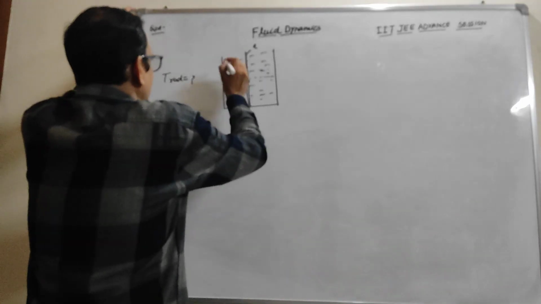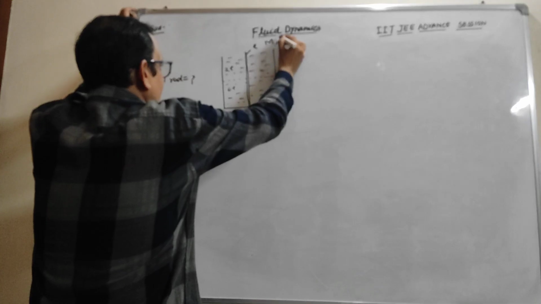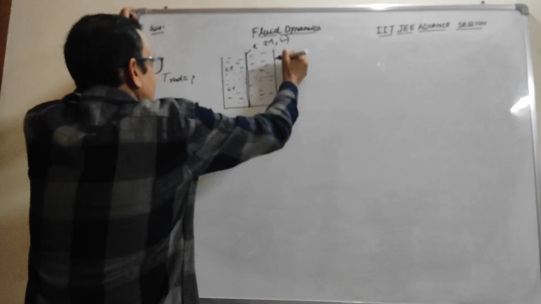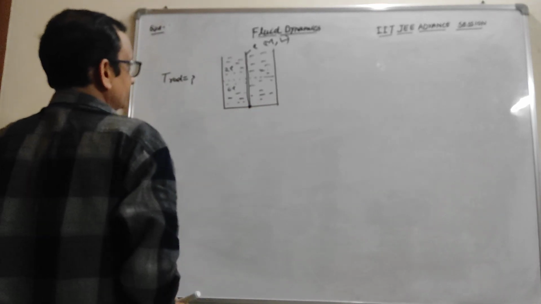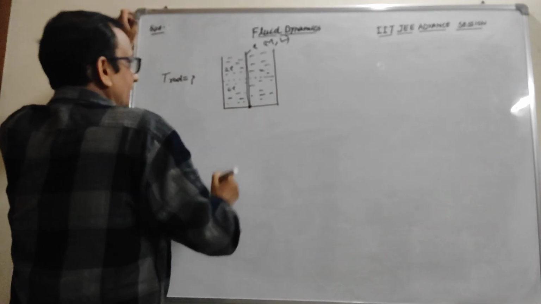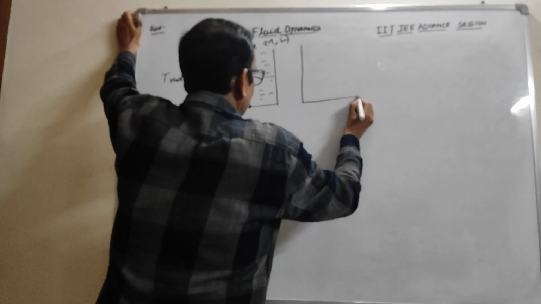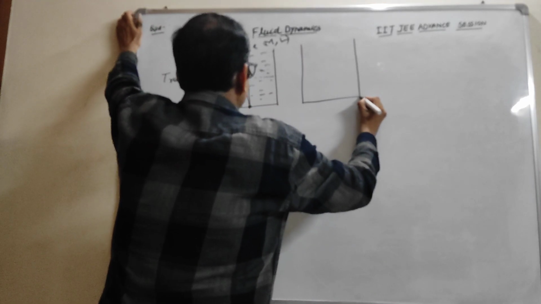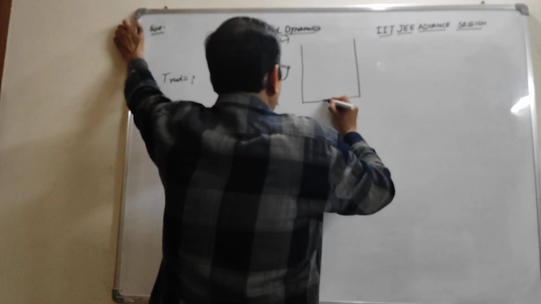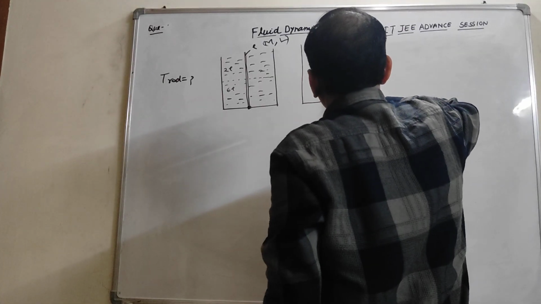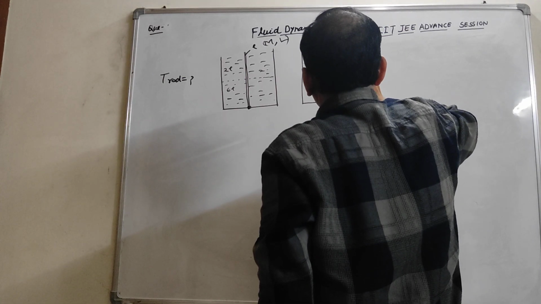M is the mass of the rod and L is the length of the rod. This is given in the question, and the rod is hinged about this point. So we take the torque about this point on tilting this rod at angle theta. The position would be like this. This is a very small angle.